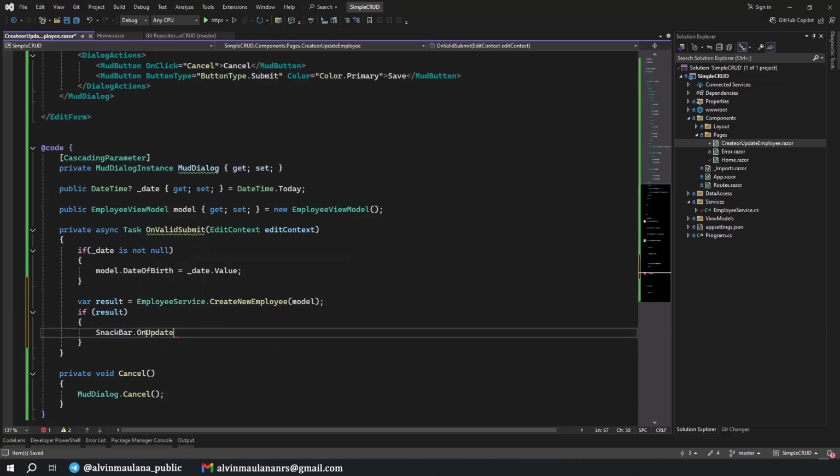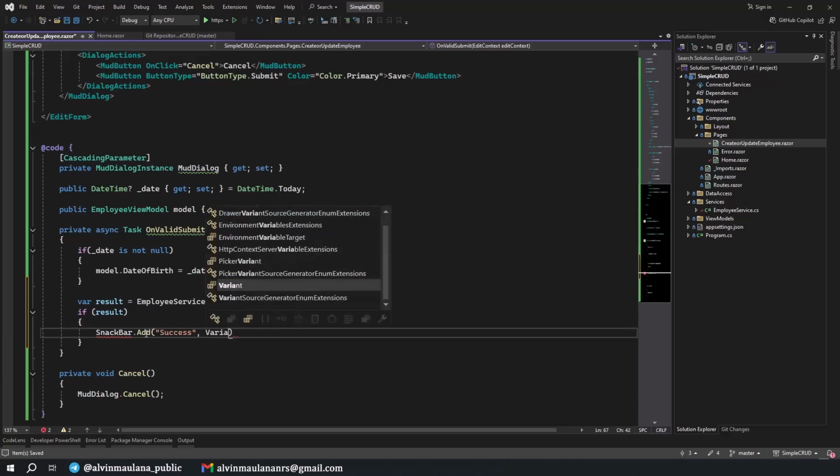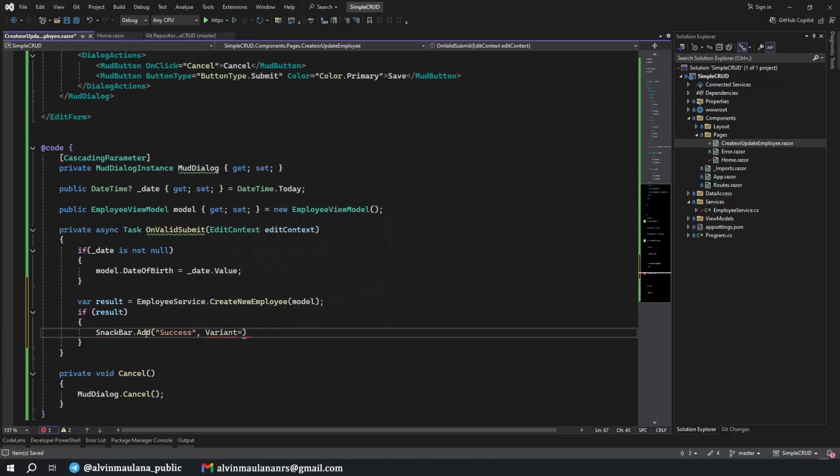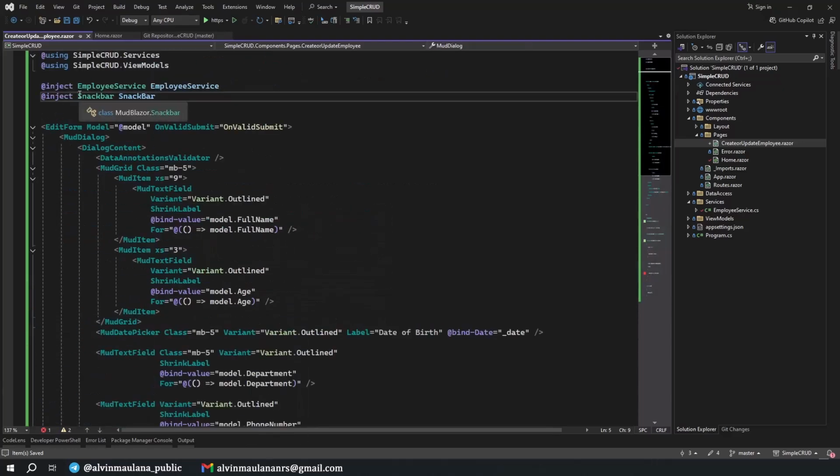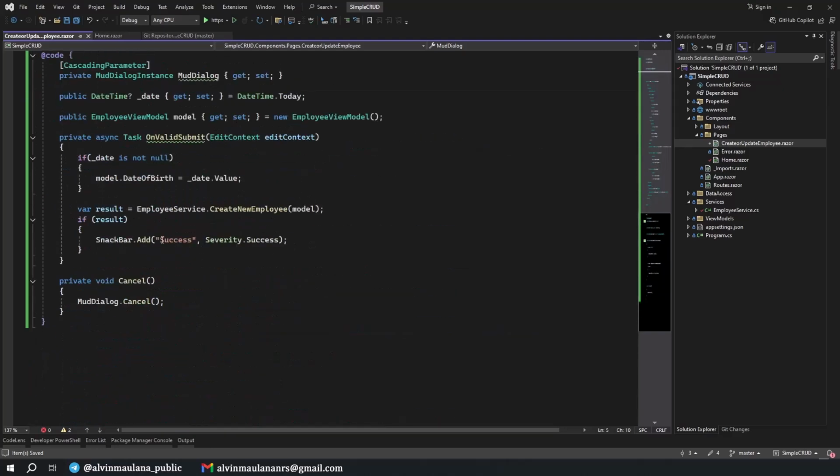I just add success, temporary, and not variant, but the severity of success. Oh, I was wrong. It should not be snack bar, but ISnackbar. Okay, sorry. And now it should be fine. Maybe let's improve this: Successfully create the employee.